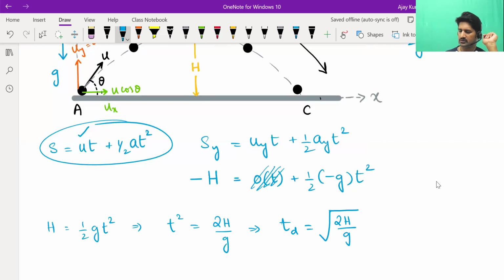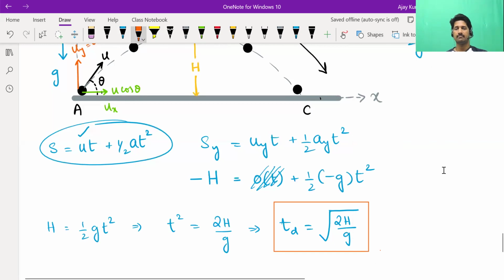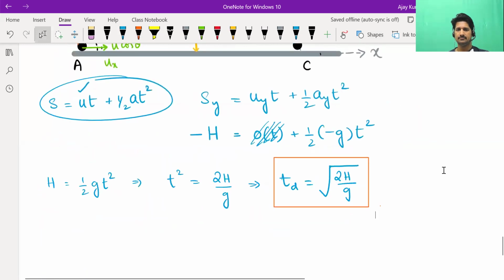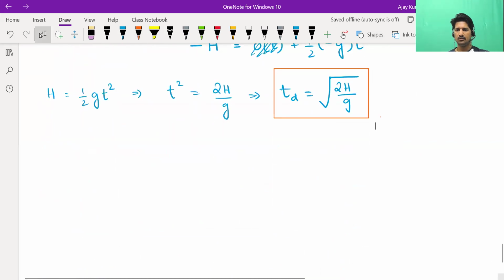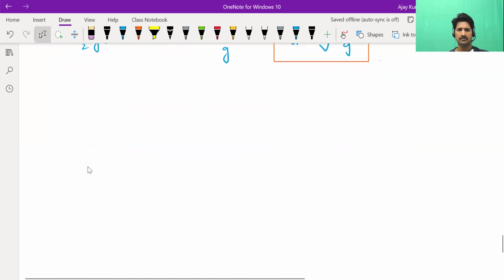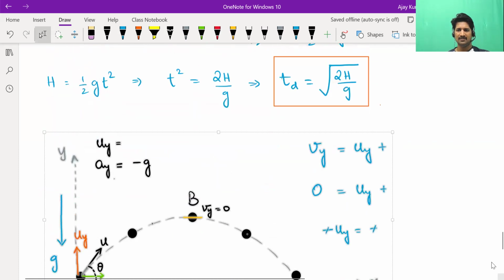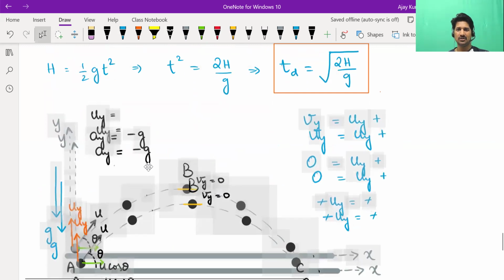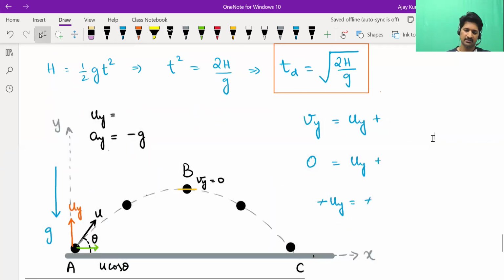Now this formula looks familiar. Can any of you tell me? One of you told me this formula also in today's class itself. What formula is this? When is this to be used? Under root 2h by g. What does it help you calculate? Time of descent, sir. In which case? How should the object be released? And there are some conditions for it.